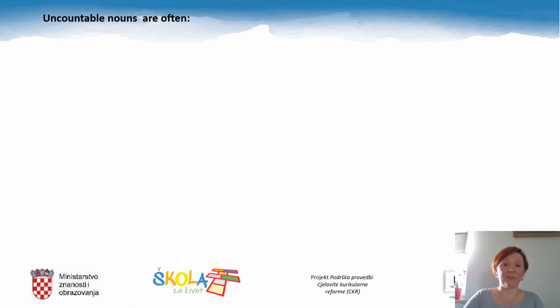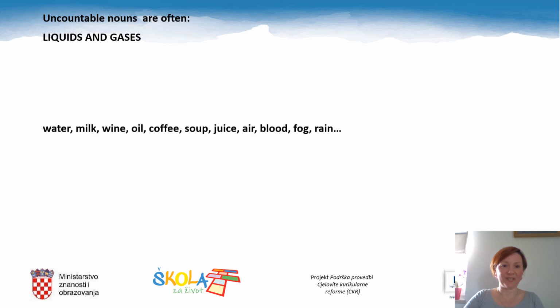We normally don't have problems with countable nouns. It's the uncountable ones that sometimes give us a headache. So I prepared for you the list of nouns that are uncountable in English. Of course, the list is not complete, but I think it might come in handy. So let's start. Uncountable nouns are often liquids and gases. For example,